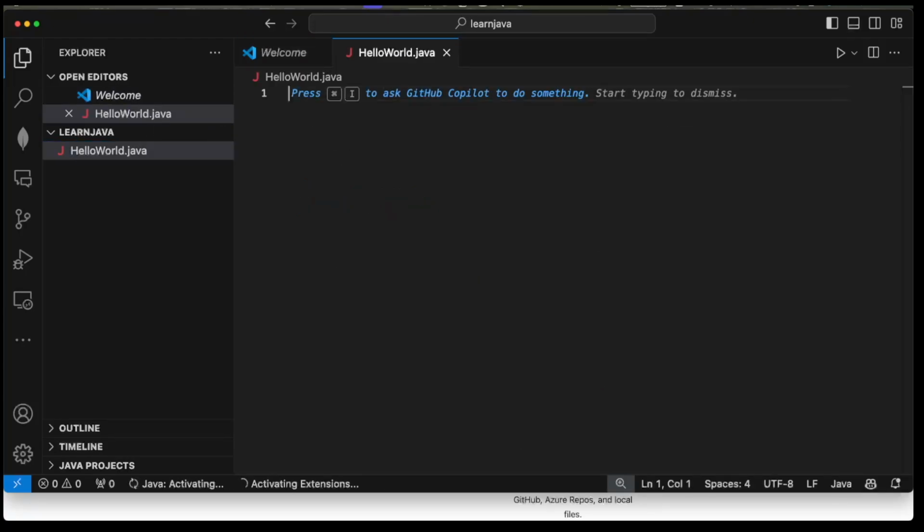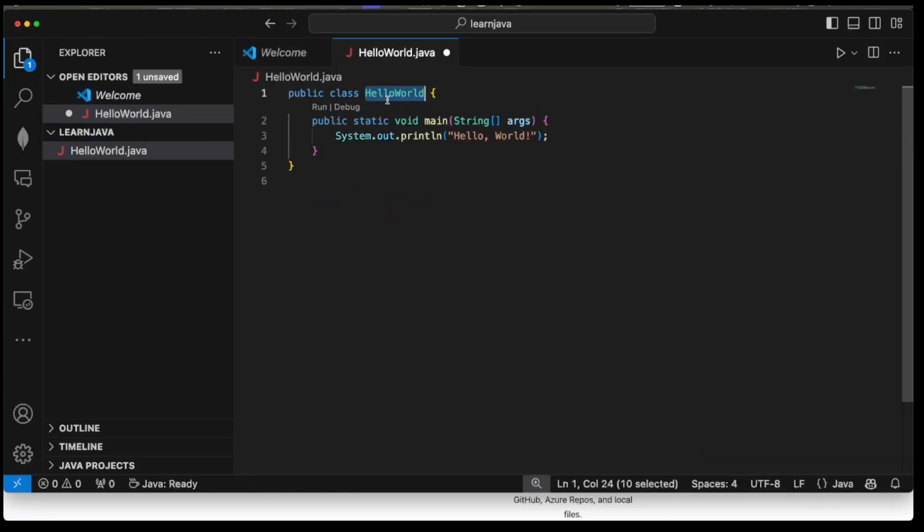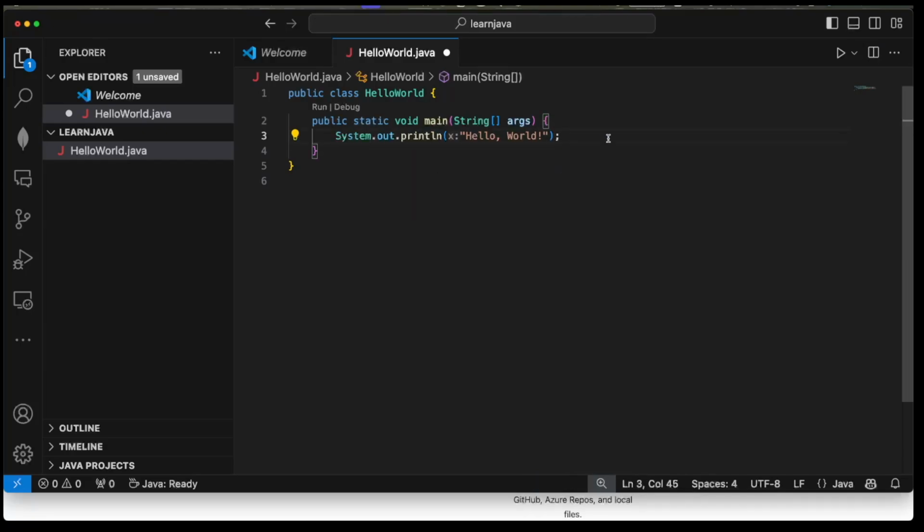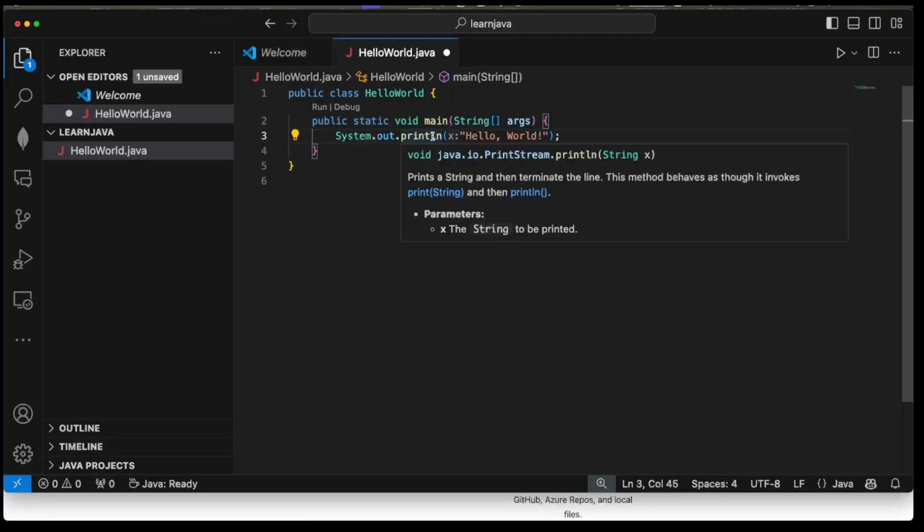It's our first program. So here I have a class called HelloWorld, inside which I have a method called main. And this is a special method because it is where the execution starts for a Java program. Inside the main method, I have a statement System.out.println("Hello World"). All it does is print Hello World to the output, in this case the terminal where you're running it from.